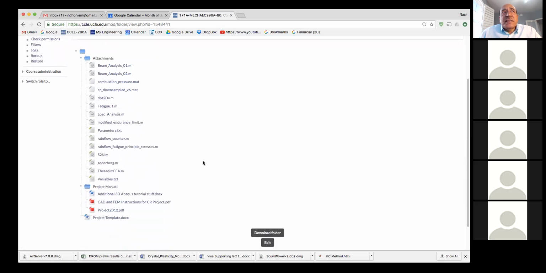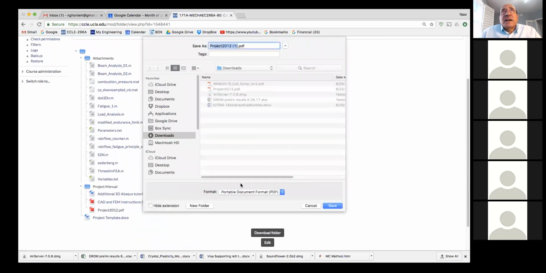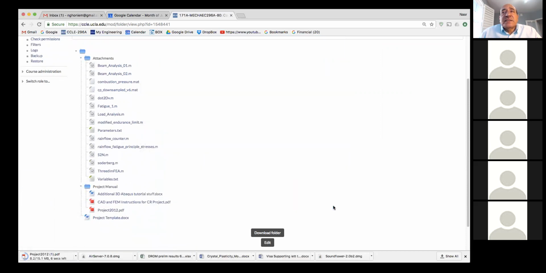Now the manual itself. The project here is called Project 2012, the manual. This is the main manual. If you click on it, you will see that you can download it, as I'll download here. That manual is comprehensive, so it goes through the design step by step. Now it is downloaded, and if I open it,